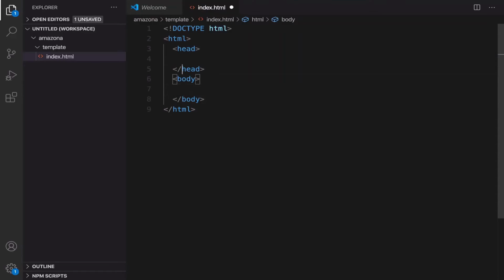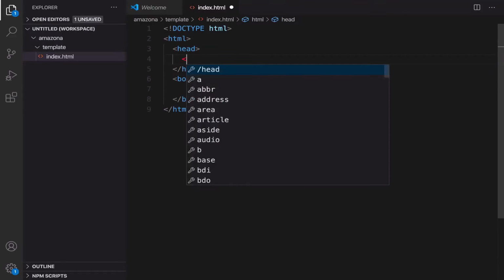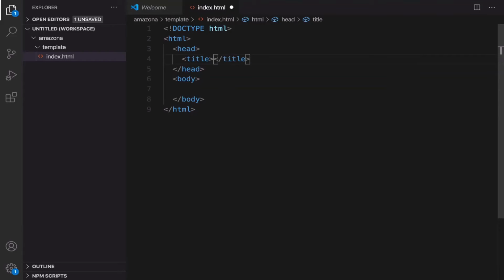document. For head, I'm going to set the title of this document. That's what you see in your browser tab. Set it to Amazona. In the body section, I'm going to create a div. Div is an HTML element that makes it possible for you to create different sections. Inside this div, create 3 sections: header, main,